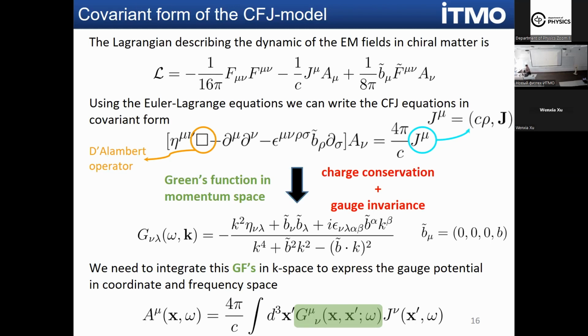To do this, we have to use charge conservation and gauge invariance and obtain this nice Green's function in the k space. But also, I told you that I will make the B0 component equal to 0 and the vector B goes in the Z direction. So we need to integrate this Green's function in the k space to express the gauge potential in coordinate and frequency space. You can see that the gauge potential in